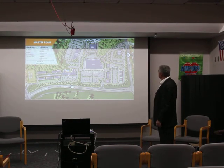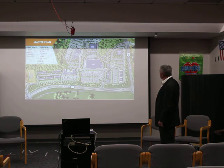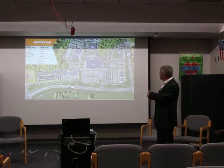So this road will all be done. This road will be completely done. This project right here and all the way right here will be completely done. And by completely done, I mean open for business: shrubs up, grass, lights, cars coming in, the whole